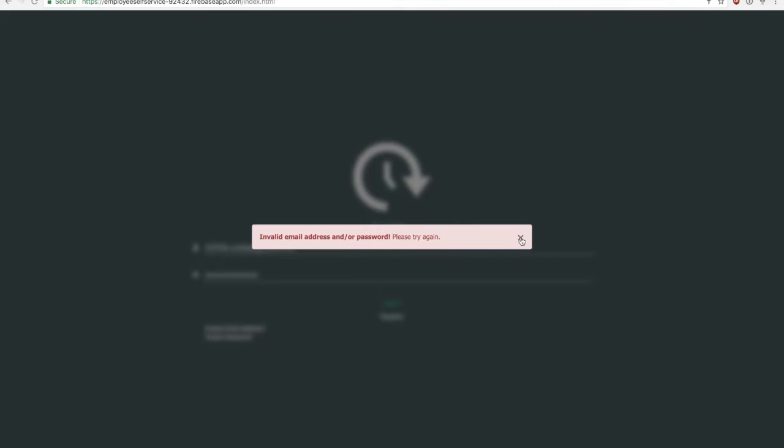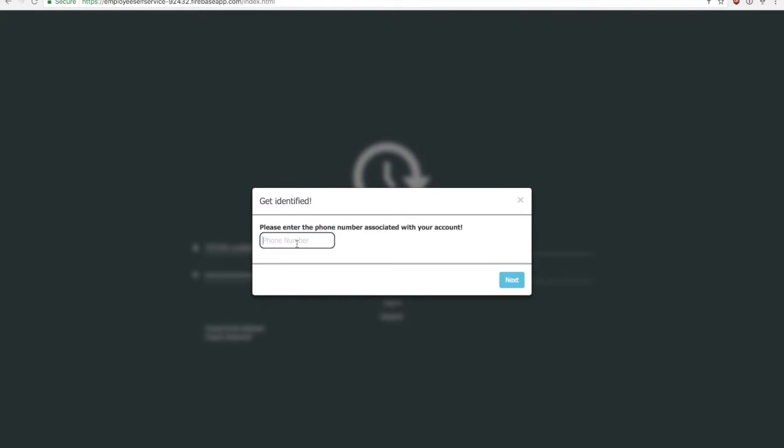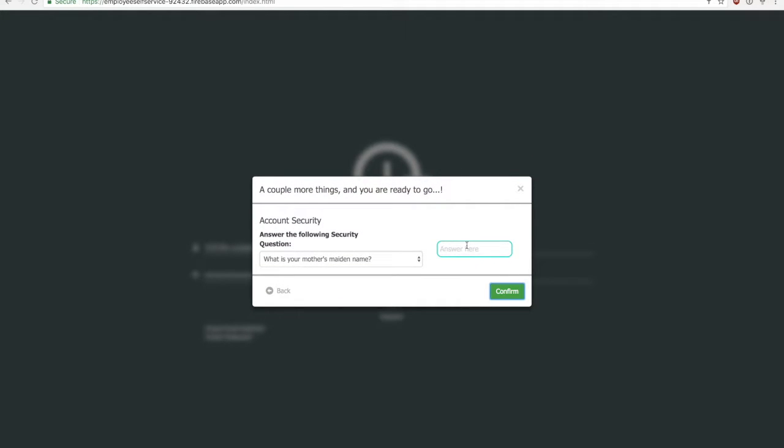Now, if the user by any means forgets their email address, we have another functionality for them to use. They just have to click on forgot email address and enter the phone number under which the account was created. And if that phone number is the correct phone number that they registered with, they'll then get a message saying that they have to answer one of the security questions that was used in the answer that was used to